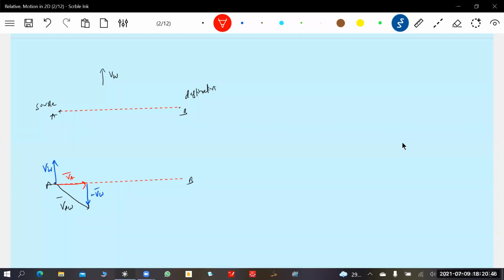The wind will push that one. So the resultant velocity will be such that... Sir, are you sure in what direction the VW should be? Let me write the equation, whether I am right or wrong. Let me analyze. VA bar